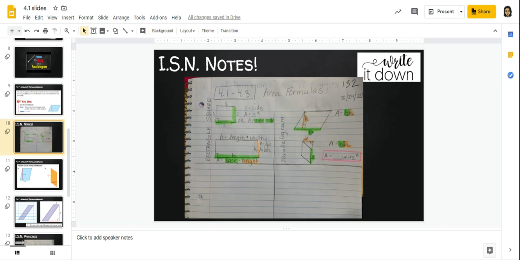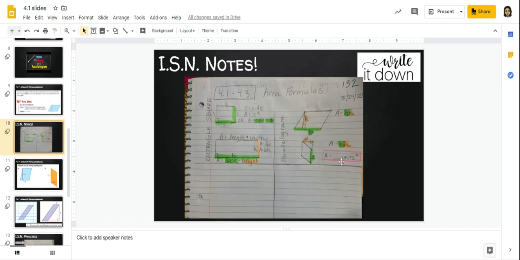So you have the base on the bottom, you have the height that connects the top to the base at a 90-degree angle, and there's your area formula. I've provided this second example here, again, to show you that the height is not this slant height here, but rather the height from the top of the shape, it's at a different angle here,